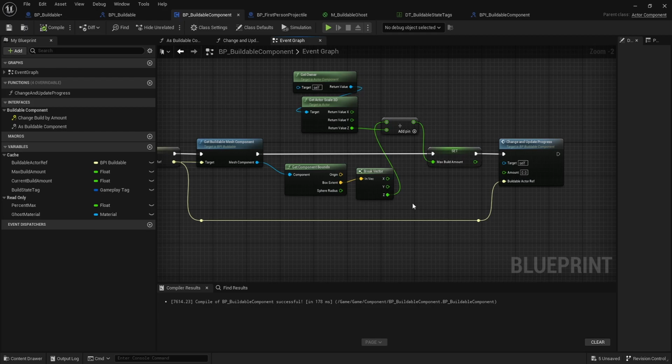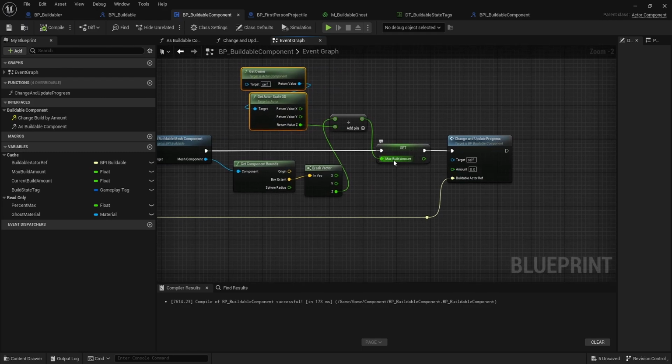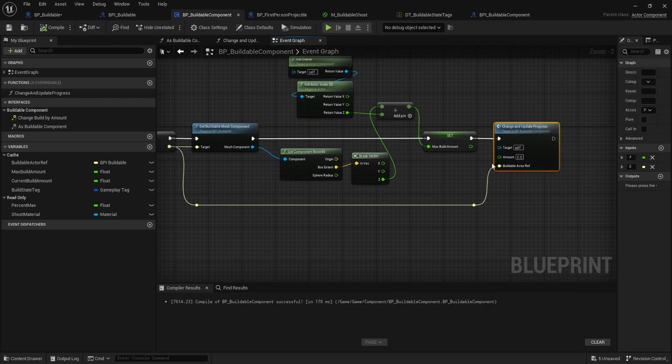If you're a little confused, you can print that out and just see how it looks. The origin is actually slightly different. I believe box extent is local and origin is world. I believe that's how that works. So this basically just says to get the height of the z-axis according to the scale. And that's all that's going to do. And this is going to set a variable of max build amount,